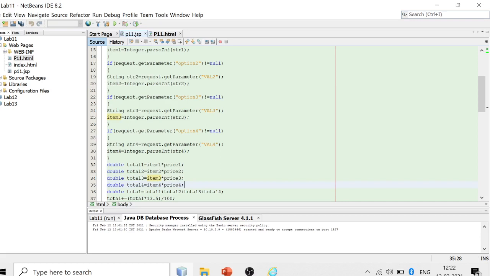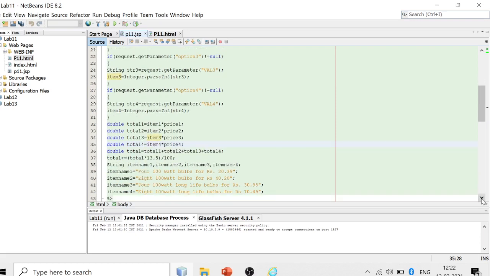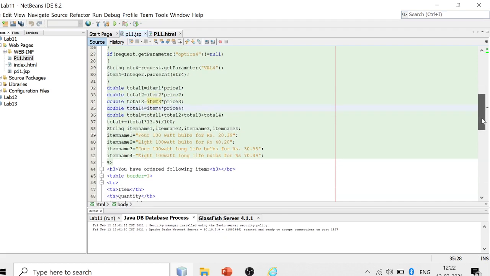Then we add all 4 items' amounts into the total variable. To the total variable, we multiply by 13.5/100 to get the 13.5% tax, and then we add that amount to the total to calculate the final amount for the light bulbs order form.